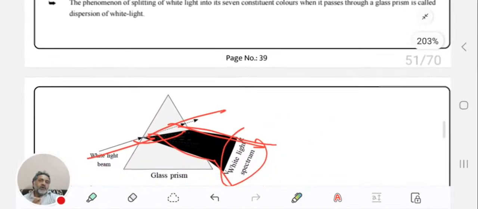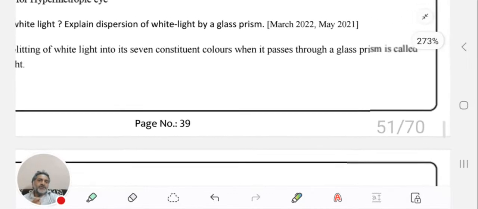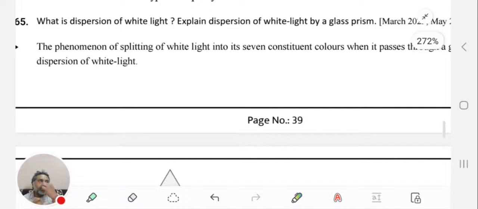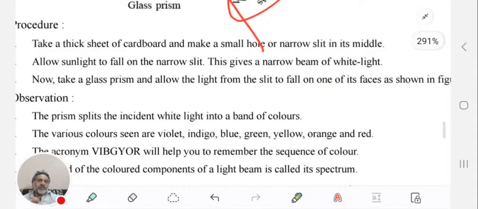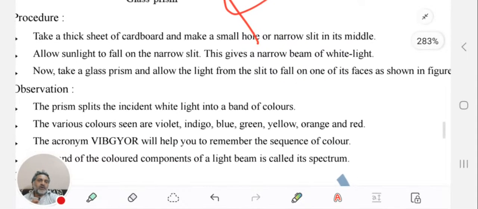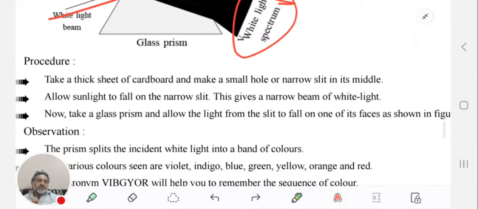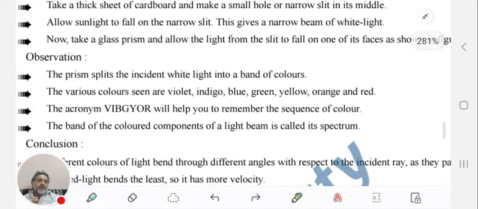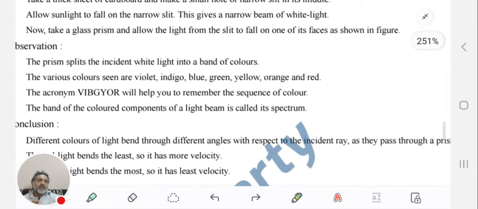The phenomenon of splitting of white light into its 7 constituent colors when it passes through a glass prism is called dispersion of white light. Procedure: take a thick sheet of cardboard and make a small hole or narrow slit in its middle. Allow sunlight to fall on the narrow slit. This gives a narrow beam of white light. Now take a glass prism and allow the light from the slit to fall on one of its faces